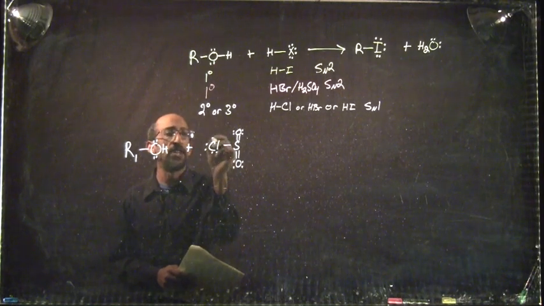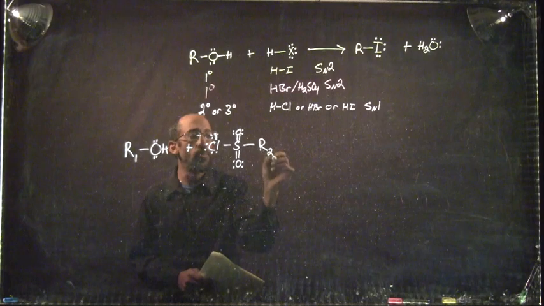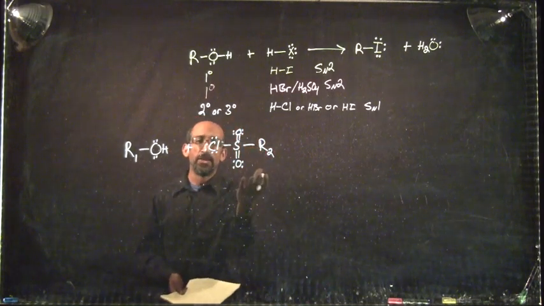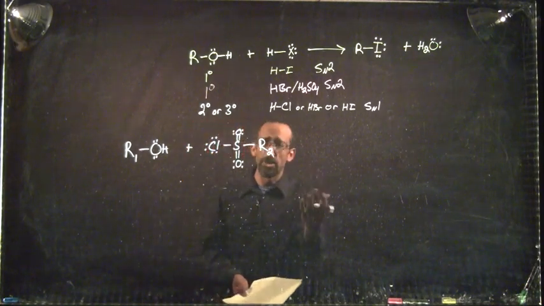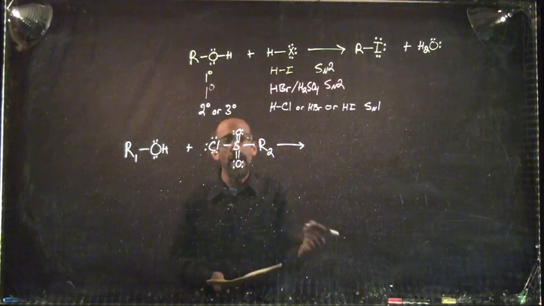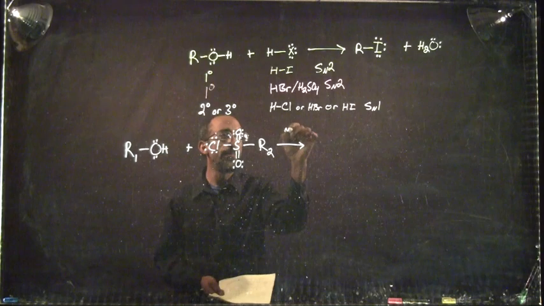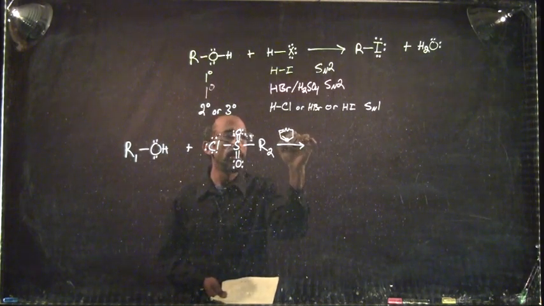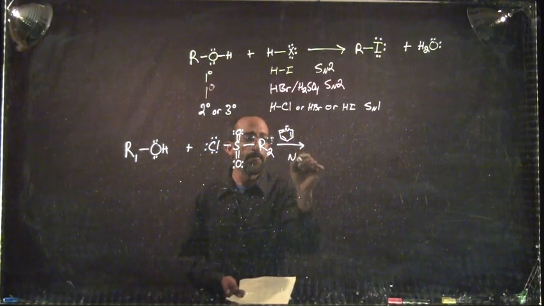Can't forget my electrons on chlorine. And it's got some other R group which we're going to call R2. The alcohol and the sulfonyl chloride or the sulfonyl anhydride, as we'll see in just a little bit, are treated with a very mild base. Typically this base is either going to be pyridine or triethylamine